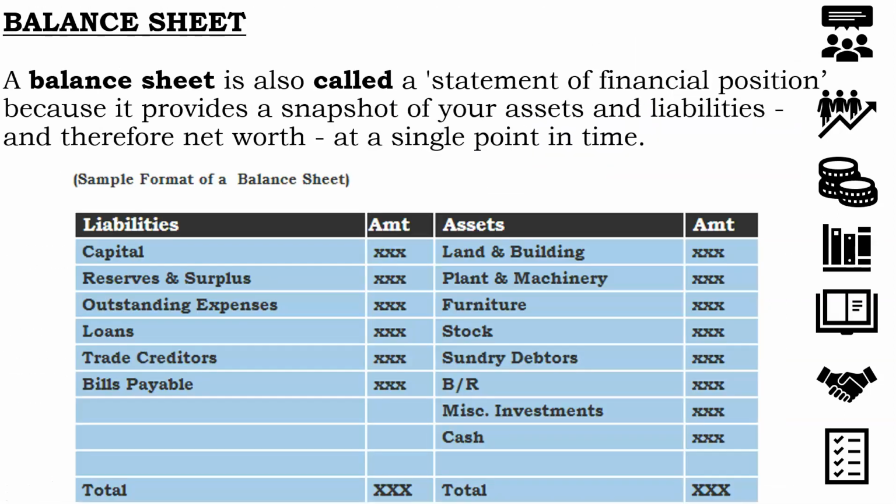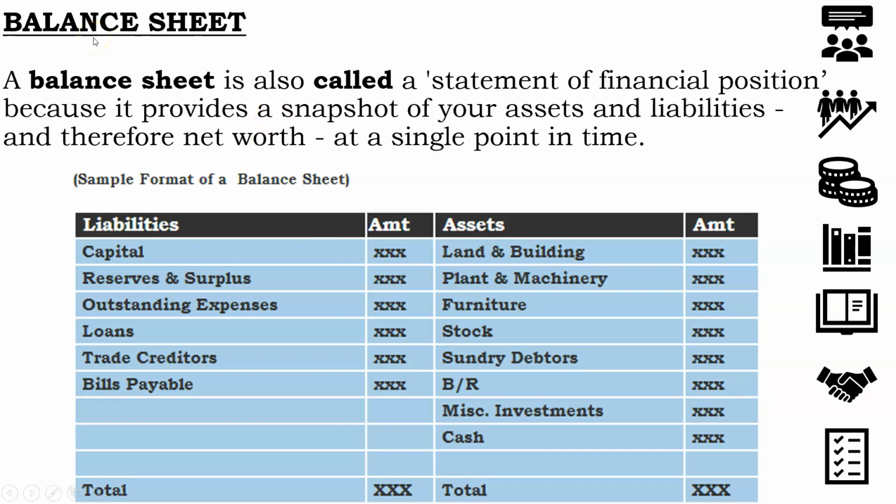Next, balance sheet. Accounting is all about the preparation of the balance sheet and profit and loss account, which give a true and fair view of where the business stands, about its net worth, its assets, liabilities, what expenses it has incurred, and what revenue it has earned during that period. Balance sheet preparation we will study at a much later stage, but right now we are just understanding the basic meaning of balance sheet.